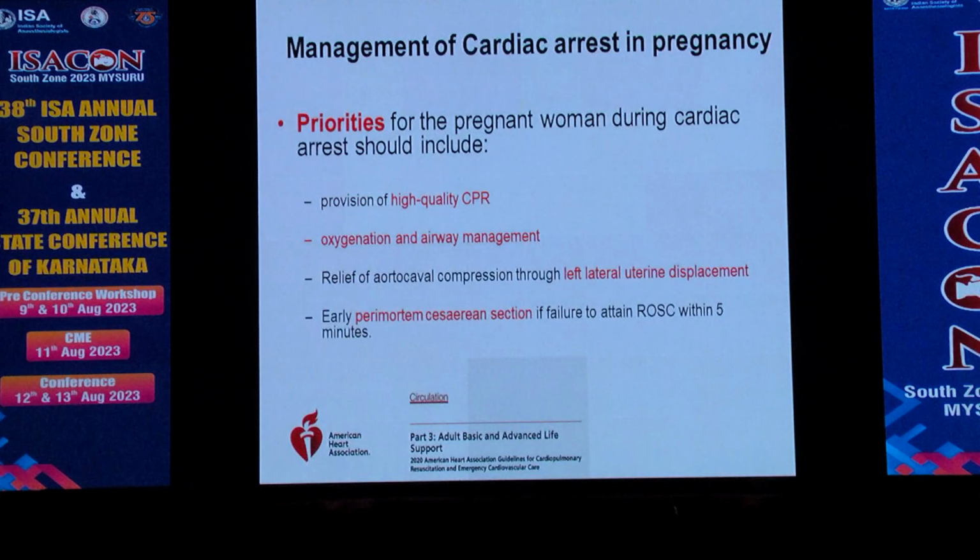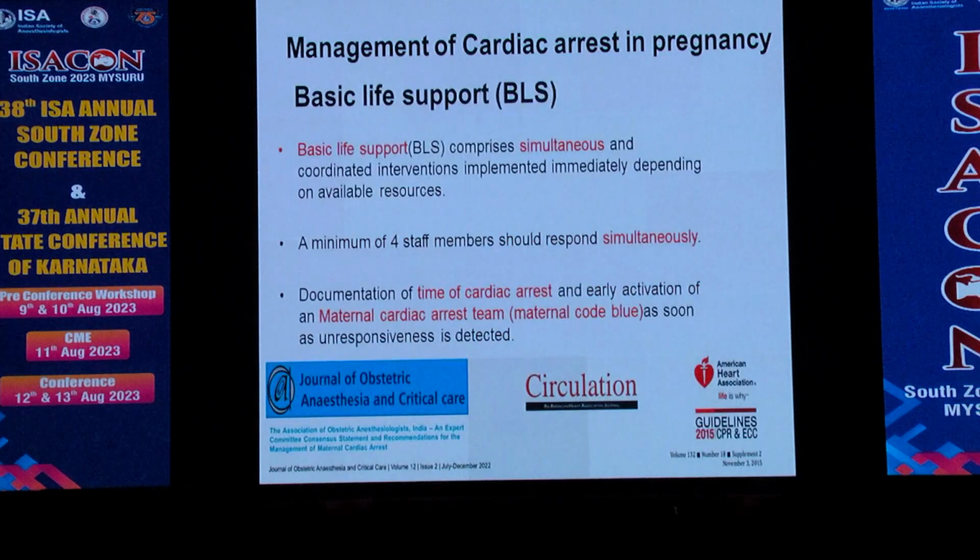Coming to management of the cardiac arrest in pregnancy, the priorities being provision of high quality CPR, proper oxygenation, early airway management, relief of aortocaval compression by left uterine manual displacement, and early perimortem cesarean section. These are the priorities. Coming to basic life support, the basic life support comprises simultaneous and coordinated interventions implemented immediately